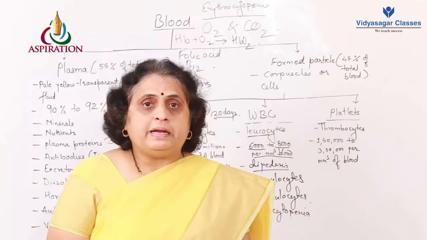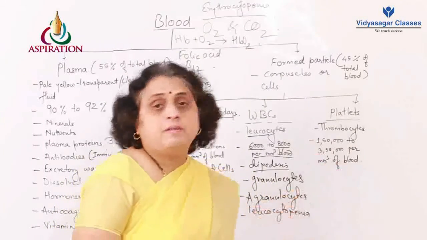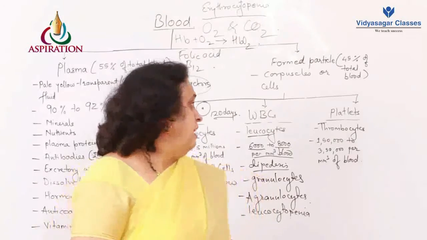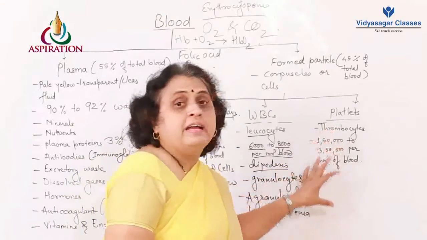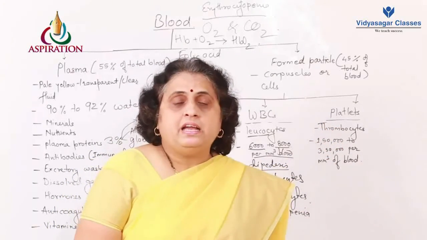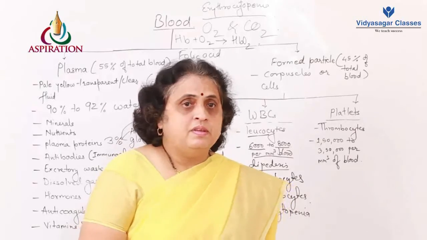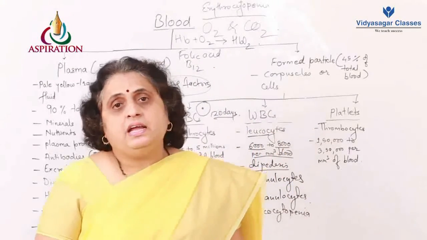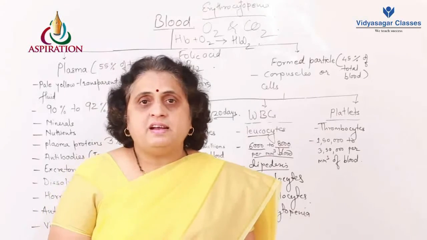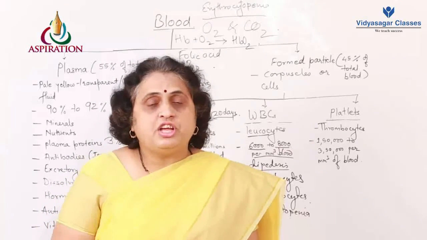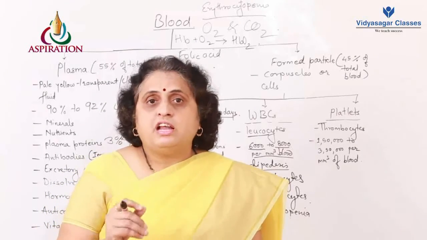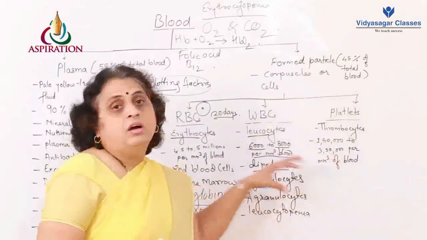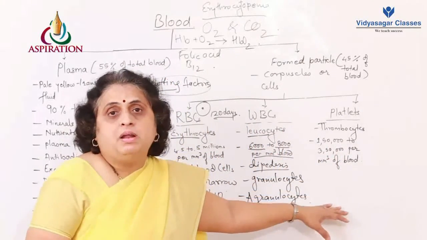The decrease in the platelets can be because of the destruction of the megakaryocytes or the RBCs. Therefore, the platelet count is an indication for parasitic infestation. Similarly, even the increase in the WBC can be considered a parasitic infestation. There can be parasites, there can be certain antigens producing a large amount of WBC as a response. So that is what we have about the formed particles in the blood.